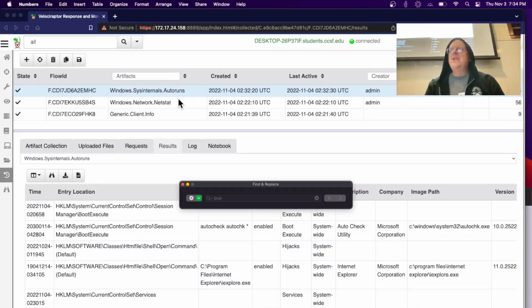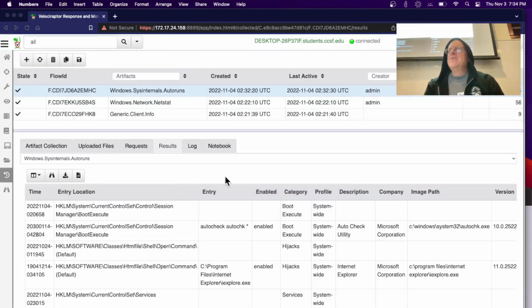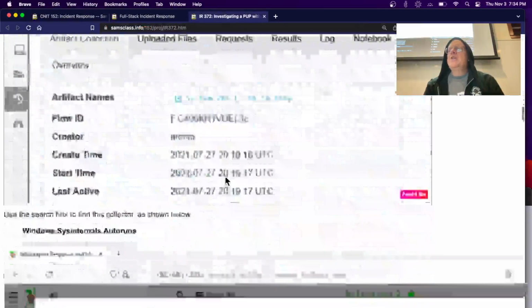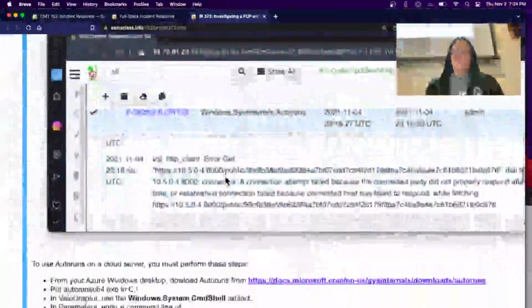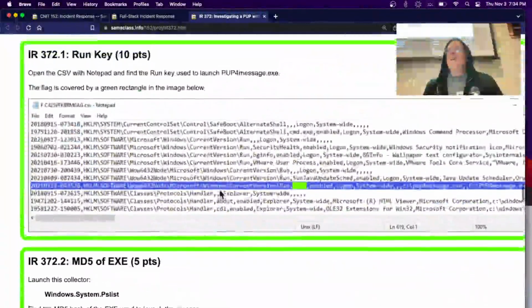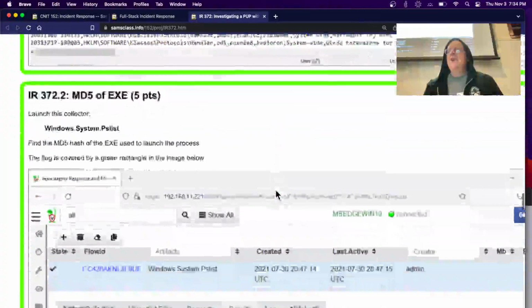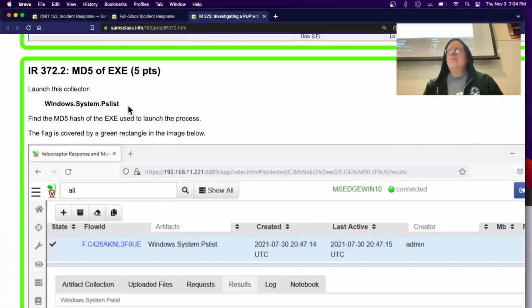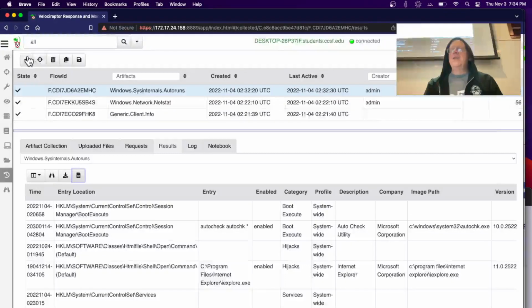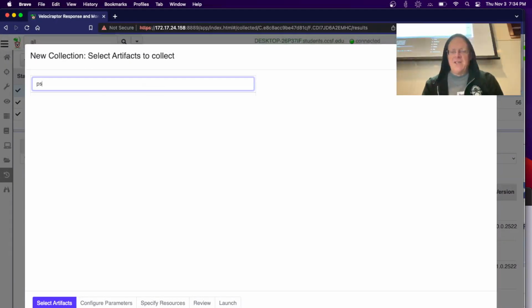So that's the first bit of the, let's see, I got to get rid of this. That's the first bit of the search. All right, and so you can find the run key that launched it. And now to get the exe, we use PS list, and we can narrow it down because we know that the process contains the word PUP. So PS list,